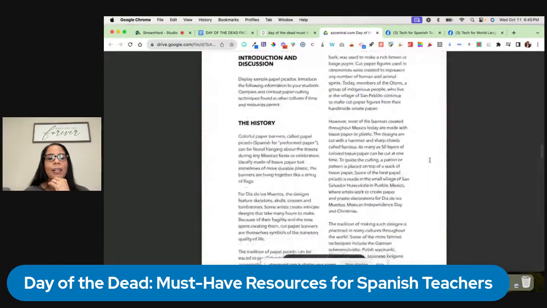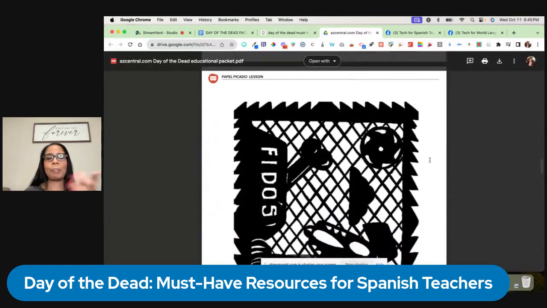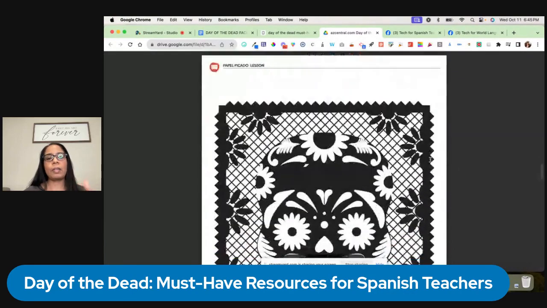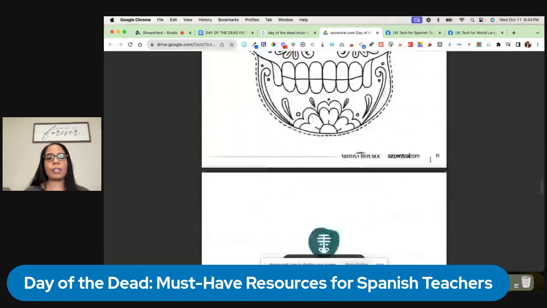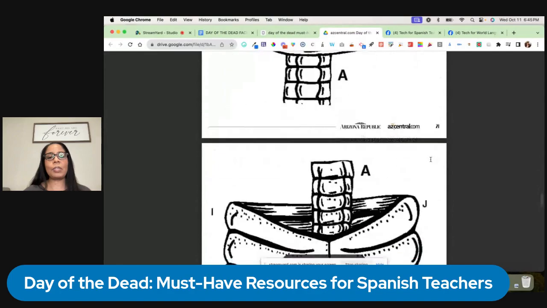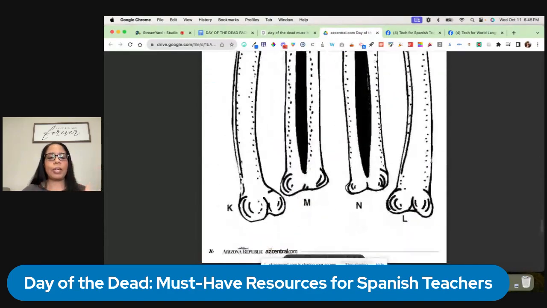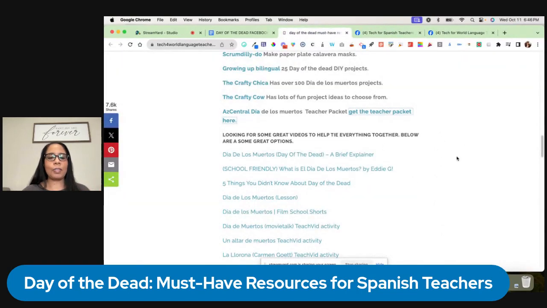And you'd be surprised how they love just doing this stuff. Then you got the papel picado. There's a whole lesson on papel picado. It's got the instructions and everything right there. So it's really a cool little thing. And again, it's free, so some great project ideas to do with your students.